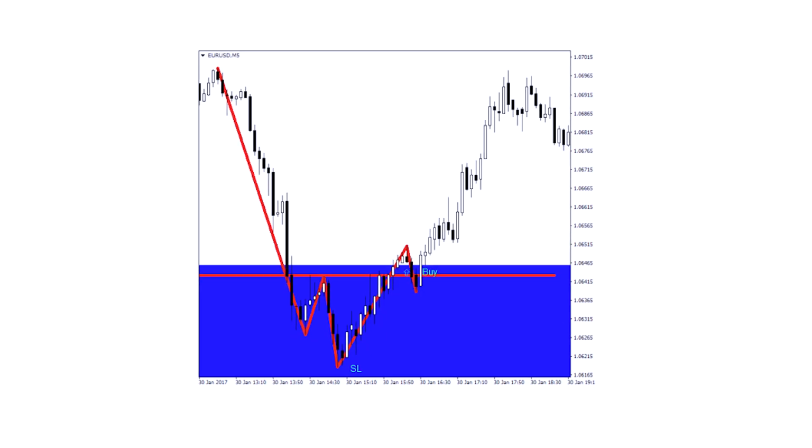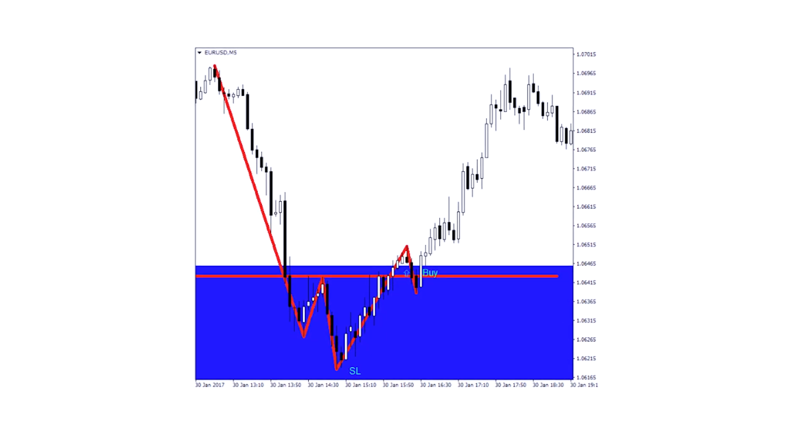As soon as the price hits the lower support level, we safely move to the working time frame and look